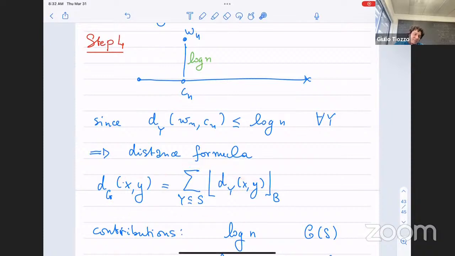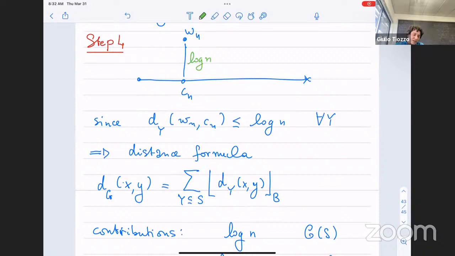So we know that the distance in the mapping class group is given by the sum over all the subsurfaces, maybe with some cutoff here. Of course, in this sum there are infinitely many subsurfaces, so in principle it's impossible to apply. But you also have to remember the geodesic image theorem: not many subsurfaces can be active at the same time. So in this contribution, only some of them are active.